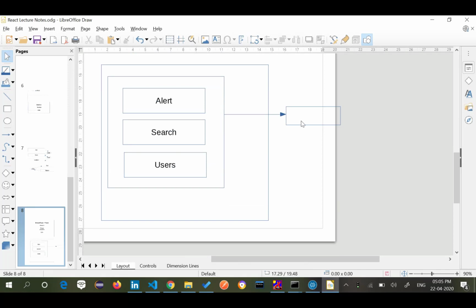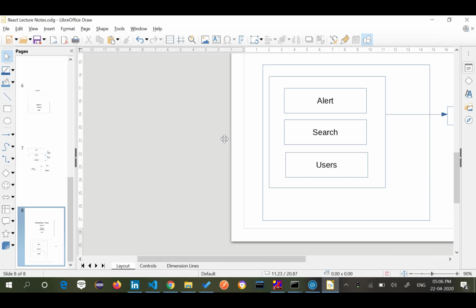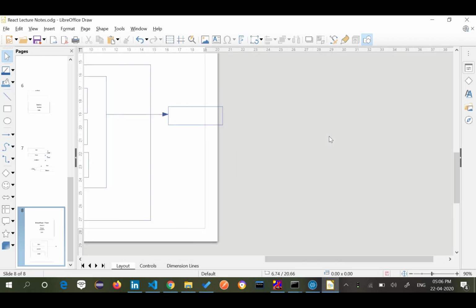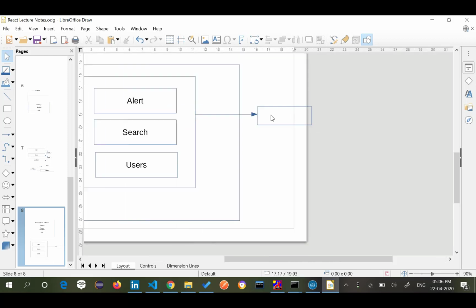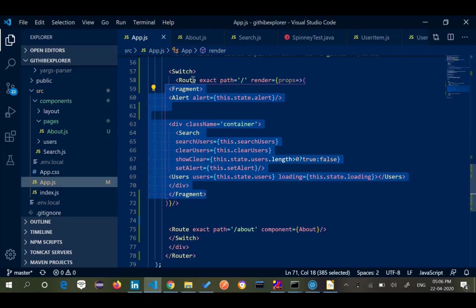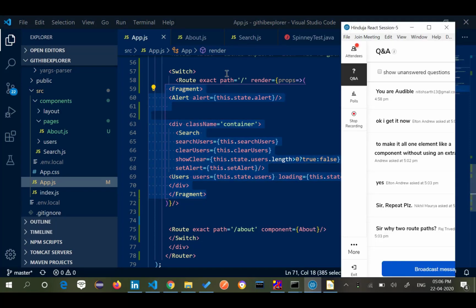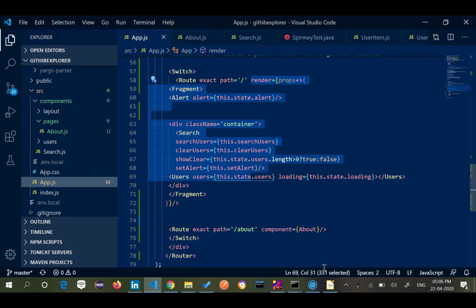I want to convert this into a slash. I guess I used some wrong things here. So I combined these three into one by creating a single route of slash, and I said this whole fragment will become my home page.